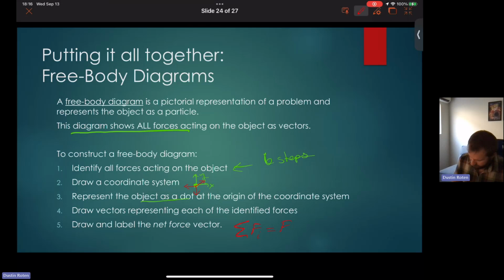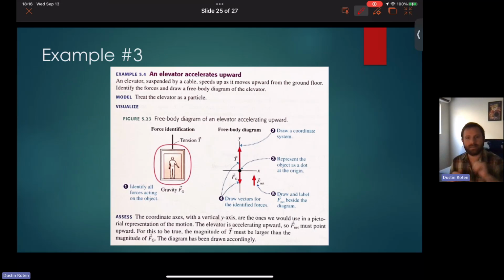And that's just going to give us our net force. And that's the last step. So this whole thing is just formalizing, doing some vector addition. Once you've done this, the rest of a force problem in physics is just a math problem. This is where the physics ends. Okay, so let's take a look here